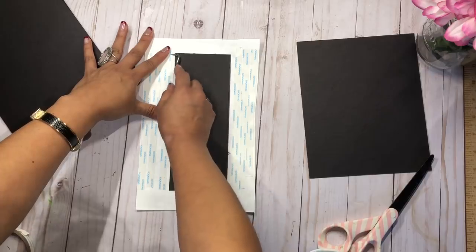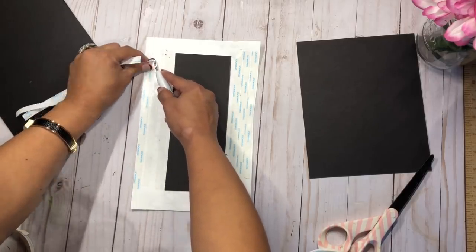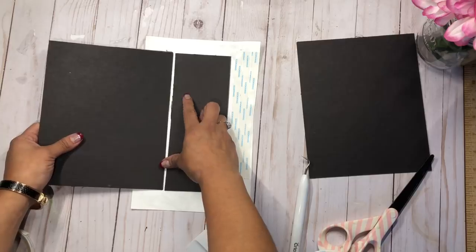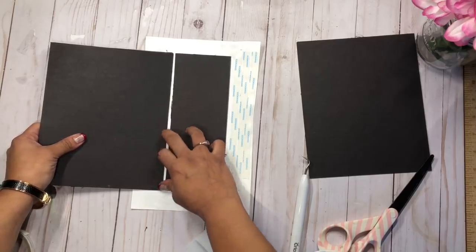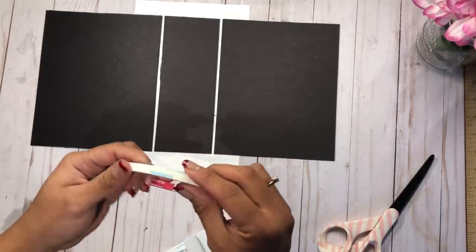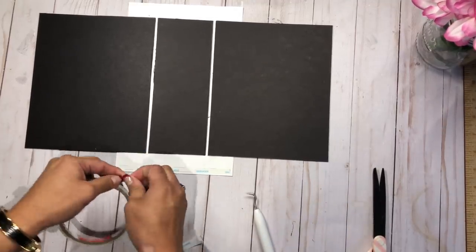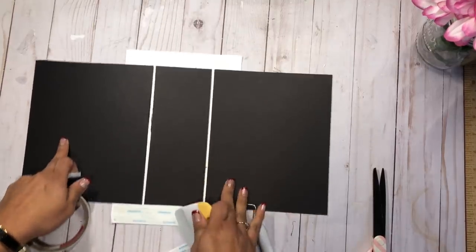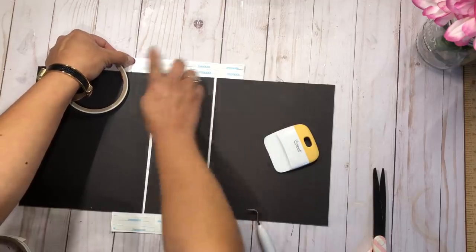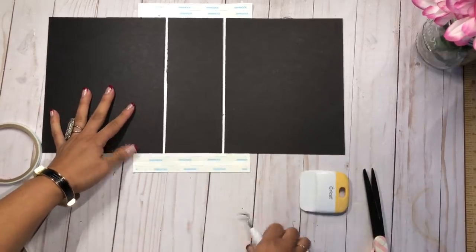And now I'm gonna start peeling off the tape on one side. 1, 2, 3. And I'm gonna place one of the chipboard covers. Make sure these are aligned to the spine, and you leave your little spacing in between. Okay, now for this remaining over here, I'm going to also tape it. Okay, sometimes I like to trim it, but I think just for extra support, I'm going to wrap it around. So I'm going to put my tape on the top as well, and now I'm just using the 1/4 inch, but you can definitely use your 3/8 as well. Okay, so now press this hard, and let's remove the tape